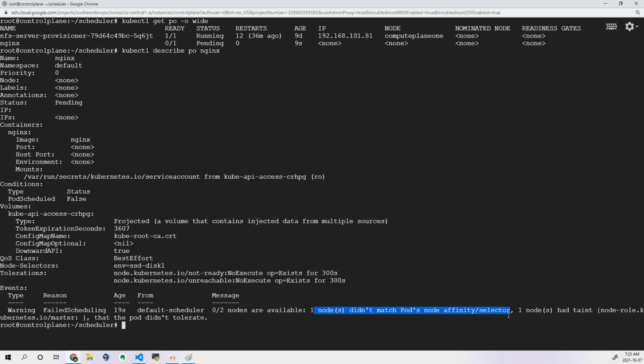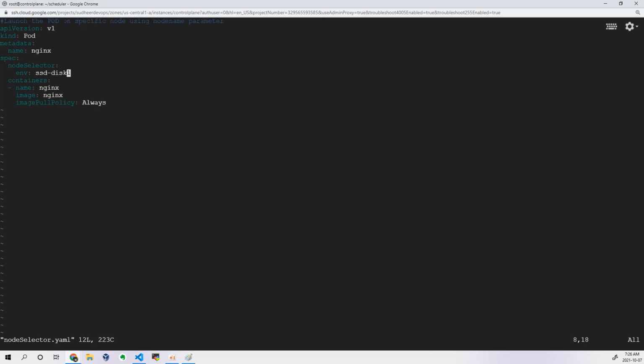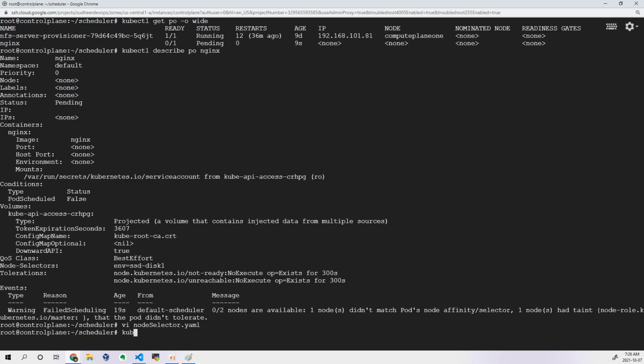Either the pod affinity or the pod selector is not matching to any one of the labels on the nodes. So that's the reason it is not able to schedule the pod. Okay, so that is what it is clearly stating. Then you will cross verify what you have written and what the node is having, and then you will try to do some modification or correction. So now what I need to do is correct the node selector which I have written, right? Now in order to apply this, kubectl